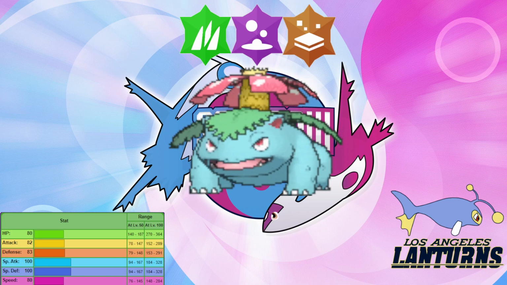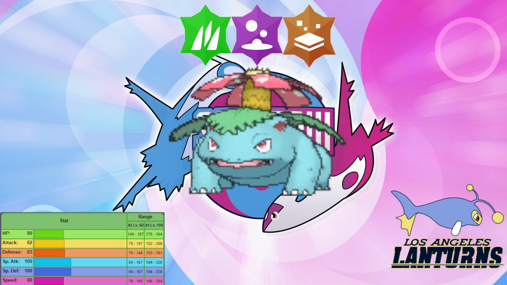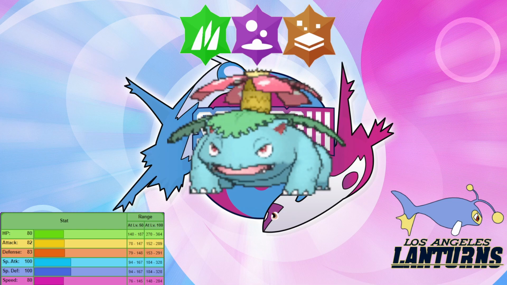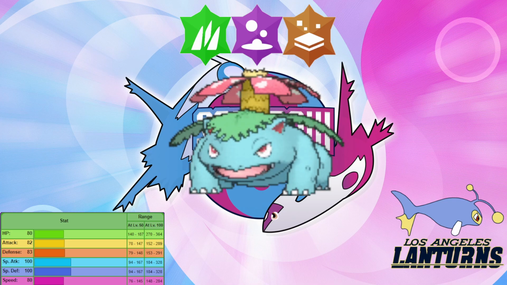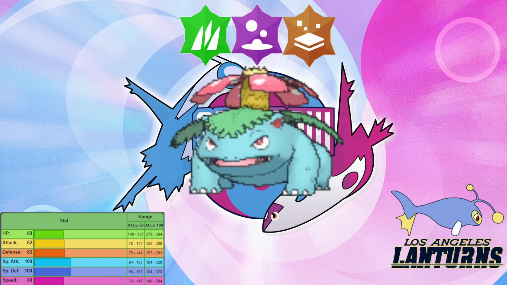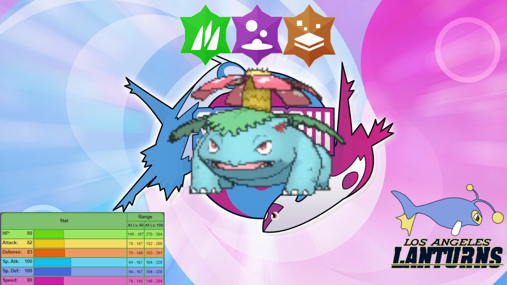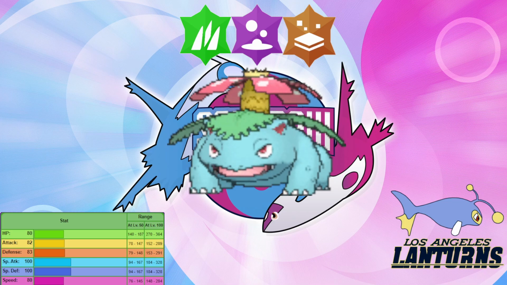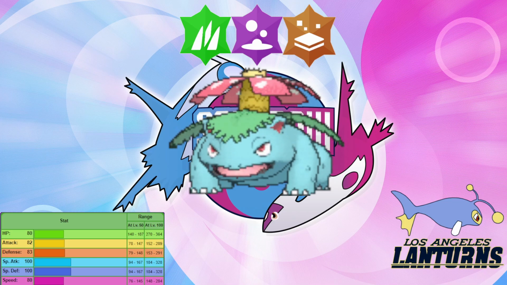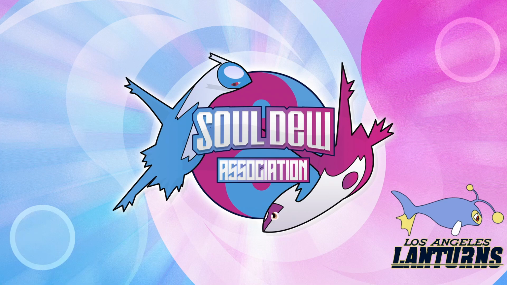I think, like I said, Venusaur was a really good addition to this team. I don't think there's really any other mon to pick up. If Venusaur got sniped, I was gonna pick up Victory Belt for my Chlorophyll mon. But on to the next pick, we have